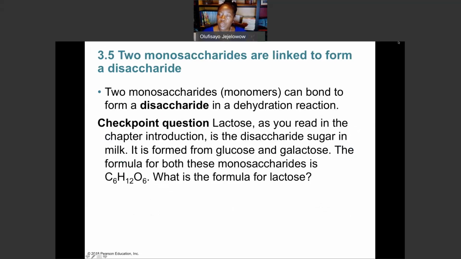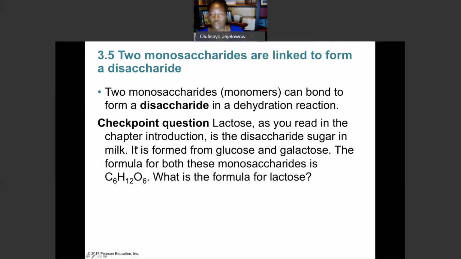When two monosaccharides are linked together by dehydration reaction and they now form a covalent bond in between, then they become a disaccharide. Di means two. So if three monomers bond together, they will form a trisaccharide. Beyond that, actually these days it's from 3 and above, we just call them polysaccharides.